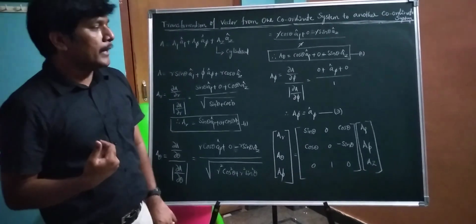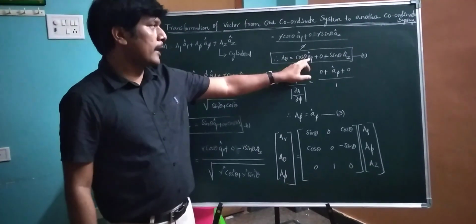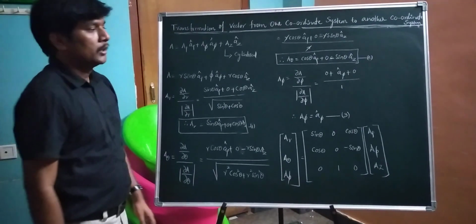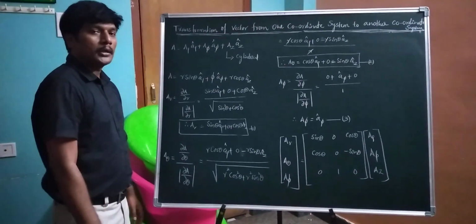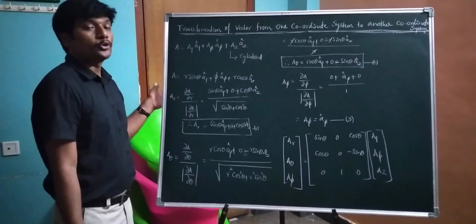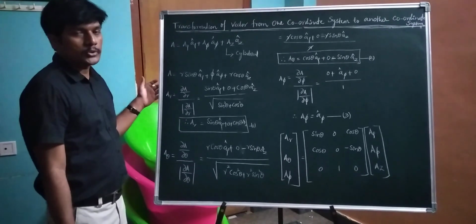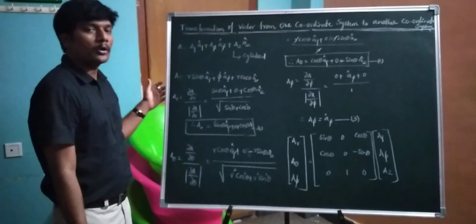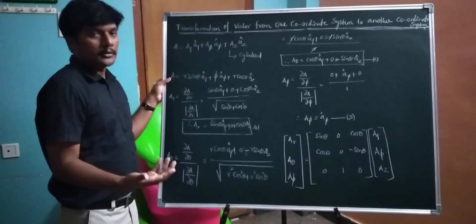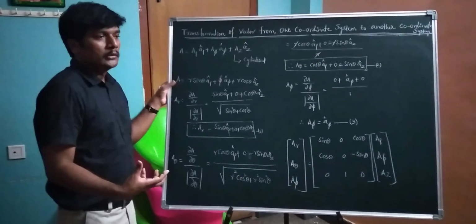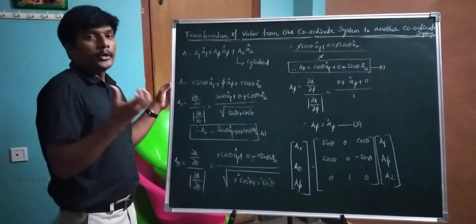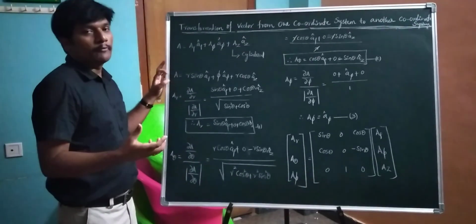We can get a theta equal to cos theta a rho cap plus 0 minus sin theta a z cap. Similarly, how can you get the a pi? This equation partially differentiate with respect to pi divided by magnitude of dou a divided by dou pi. So we are projecting or extracting the pi component from this. This is the vector which is presented in cylindrical. We have to extract the r component, theta component, pi component from this.